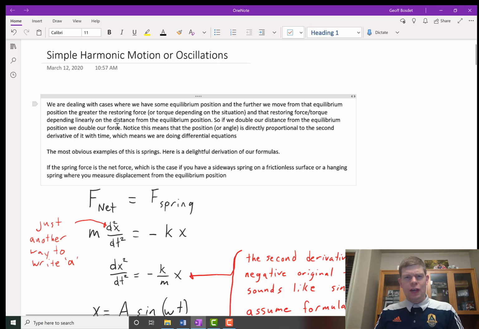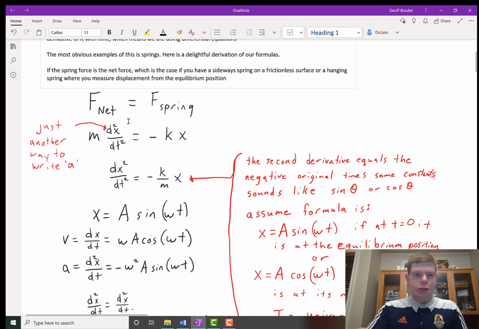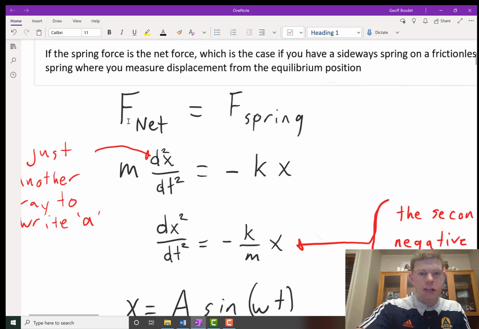We'll find out later that other types of simple harmonic motion have this similar idea where the second derivative of the position, or something like the position, is proportional to the position itself. So let's talk masses and springs. So focusing in here,